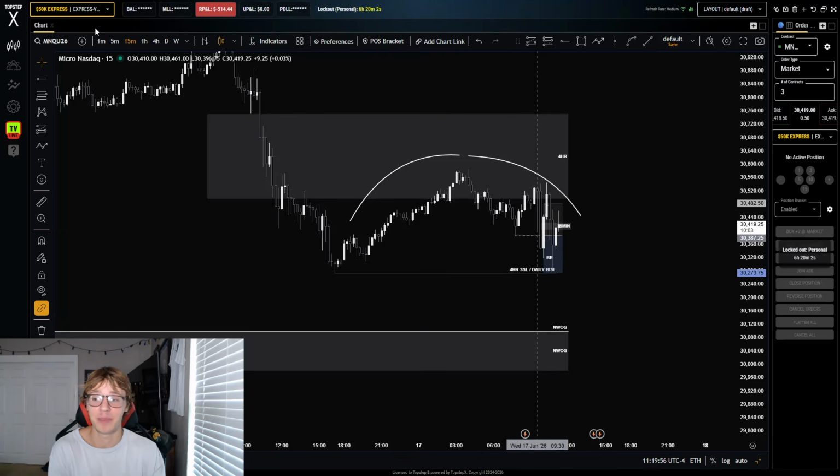I'm now going to implement this rule for myself. I'm not going to be trading the AM session of FOMC. There's literally no reason to. We're either not going to deliver, likely to take a loss, or even if we do deliver, even if I do see exactly what I want to see, the odds of that